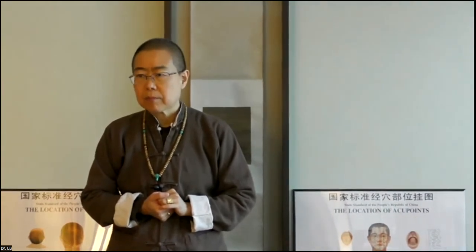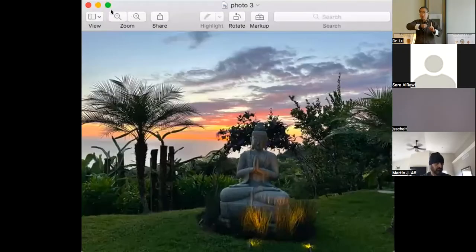Actually, Dr. Liu, now that I see that photo of you, I do have a quick question. Not to be really technical, but there are times where you use the index finger, and you just explained that that is related to colon health. Have you ever used both index and middle finger? Yes, that is to focus on different types of health, right? And if I want to focus on my colon health and my lungs, then I use